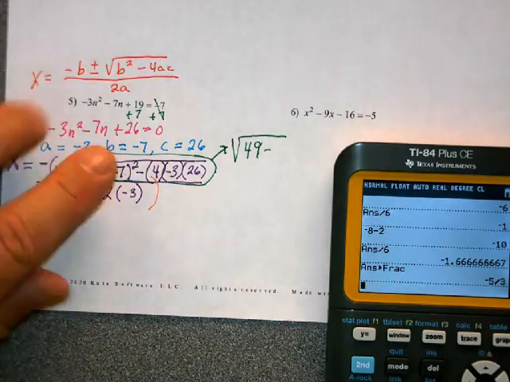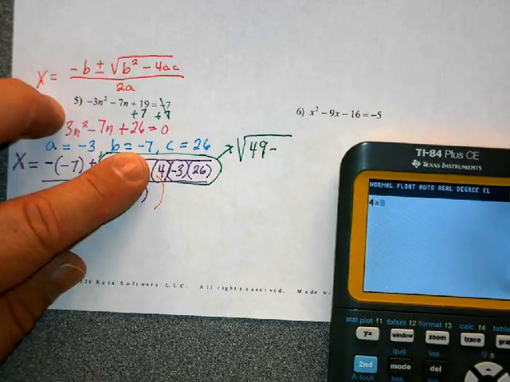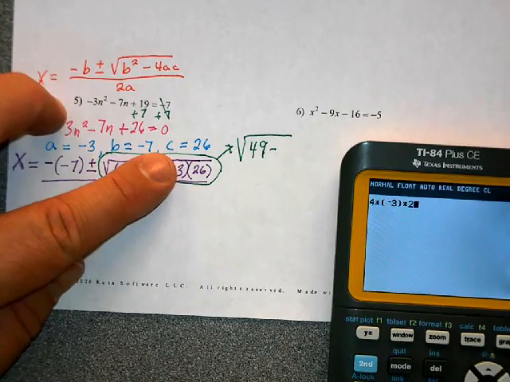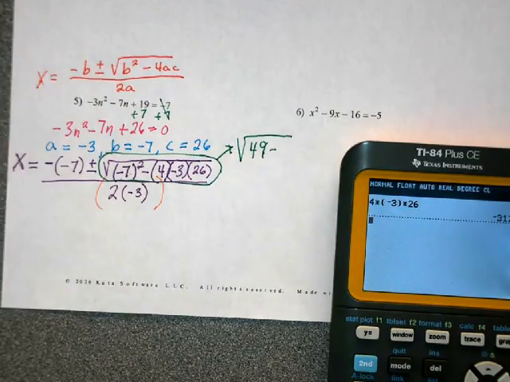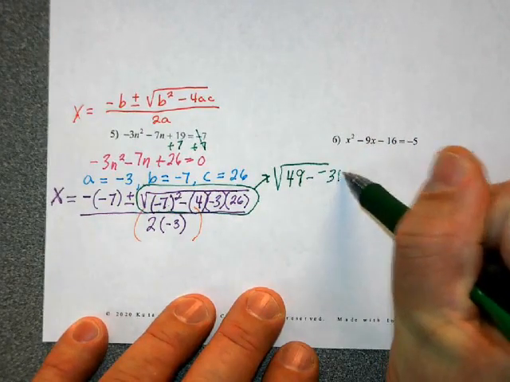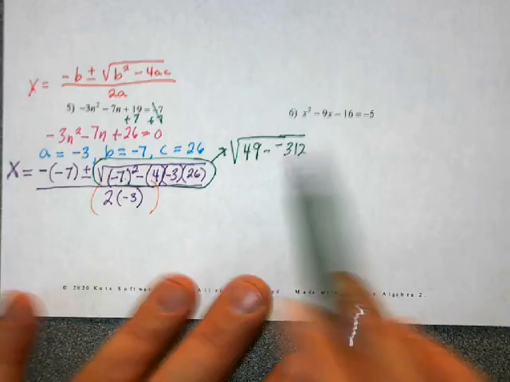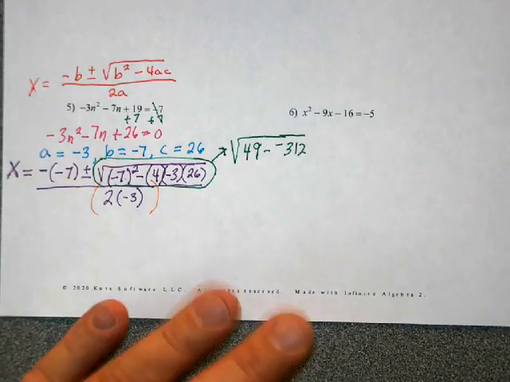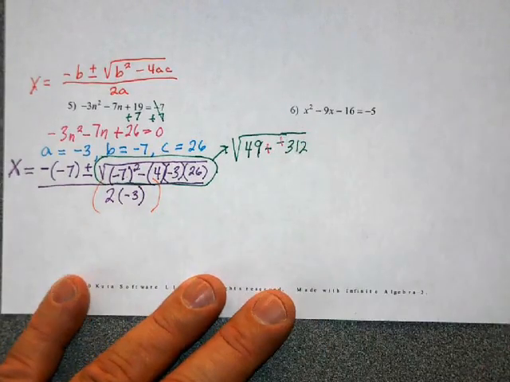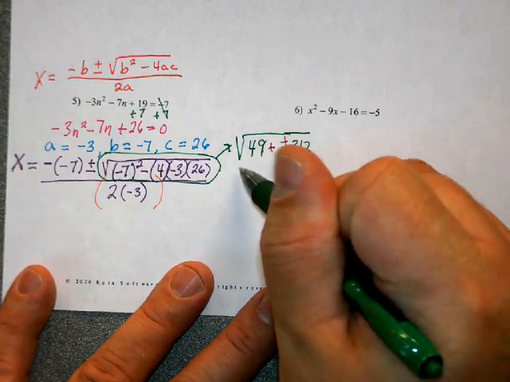Okay, so I got 4. Let me clear that up. 4 times -3 times 26, and I get -312. So 49 minus -312. And because I got a double negative here, remember that two-negatives rule thing, make it a positive. So 49 plus 312 equals the square root of